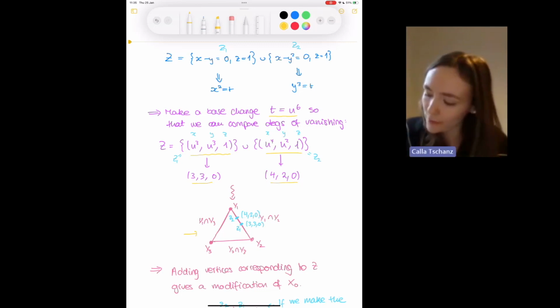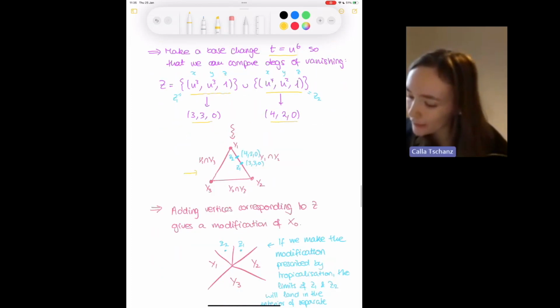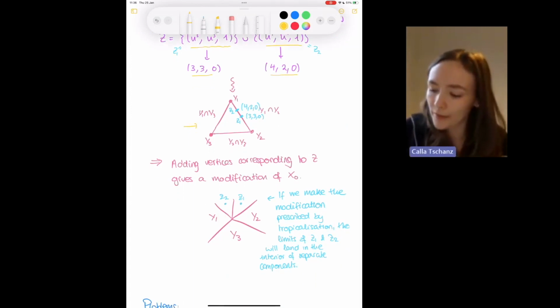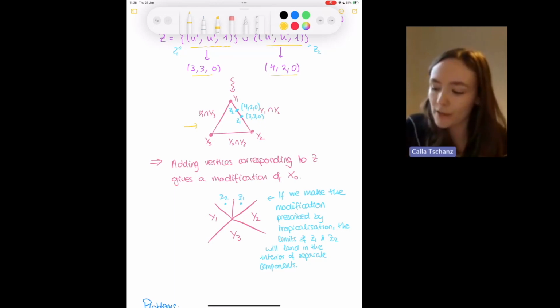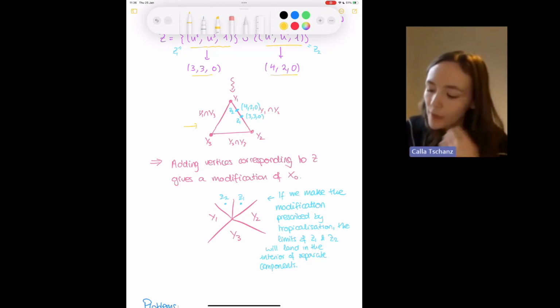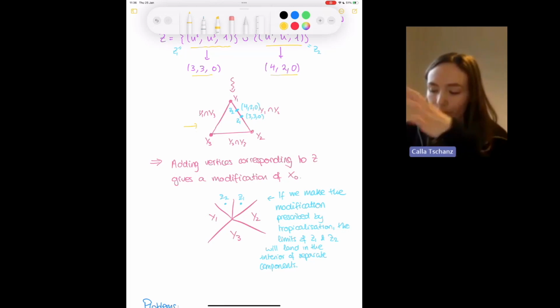So we've done that, and then we can write this image of the subscheme inside the tropicalization of x, like this. We write these two points on the triangle, and adding these vertices to the triangle gives us some modification of x0. The vertices in the triangle correspond to these two-dimensional components in the fiber on the geometric side, so adding these two vertices tells us we have to add two new two-dimensional components in this fiber. They will fall between y1 and y2, and this is where the limits of z1 and z2 fall inside of these new components.